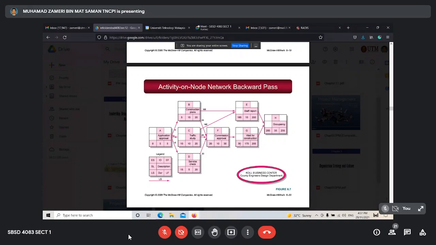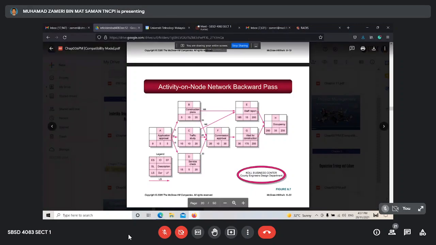Okay, look at G. G goes to F. And then the only one choice. So we put 30 here to here, 30. Because they don't have any choice. And then 30 minus 10, 20. Okay, look at B. B from F and from E. From F, 20. From E,